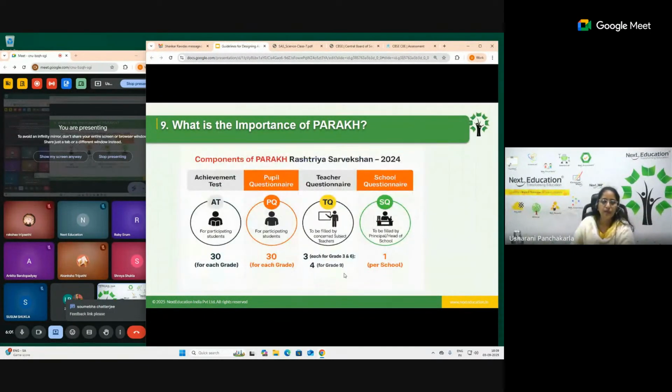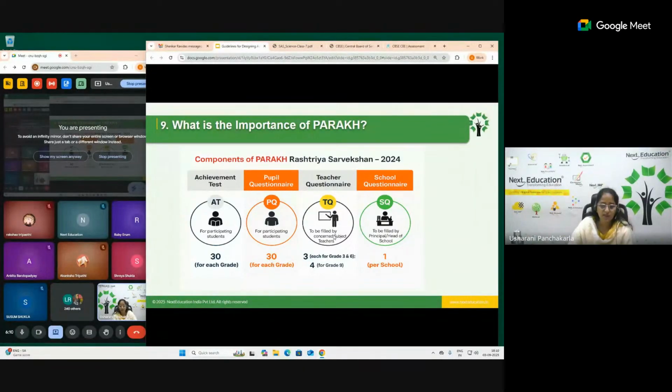Now coming to the next slide, as I said, here there is an achievement test mainly to check the knowledge of the student. The pupil questionnaire is to find out maybe the school background, or whether the student has gadgets like a laptop or a mobile, all that infrastructure the student should be having, or the learning environment or learning resources is what is being captured under the pupil questionnaire. The teacher questionnaire is with respect to the classroom infrastructure, resources, and methodologies that the teacher is implementing.